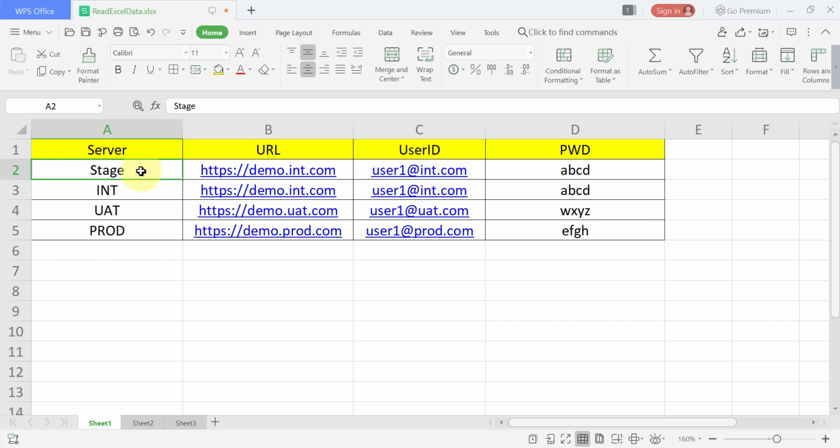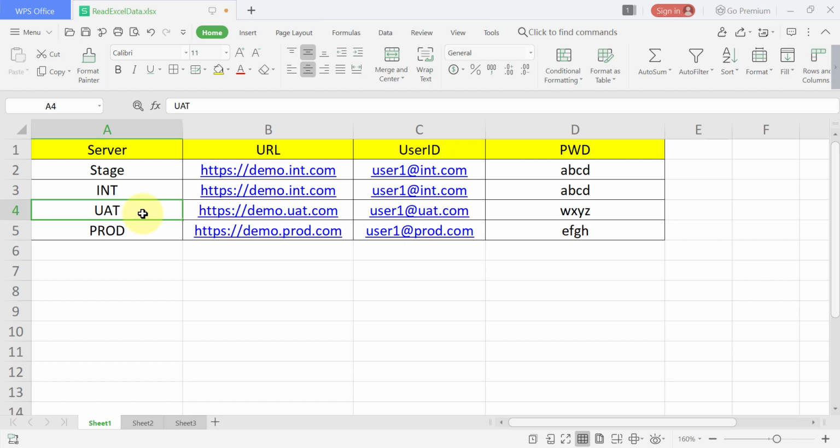We run our automation on multiple servers. So that's why you should not use the row number and cell number for getting the data for this type of scenario. Instead, a better way is to design the code such that we pass the server name. If I want to run on UAT, I will pass UAT. It doesn't matter what row the UAT server is at; it can be the first row or the 10th row. According to the server name, it should pick the data: URL, user ID and password. So our input should be the server name only, not row number or cell number.